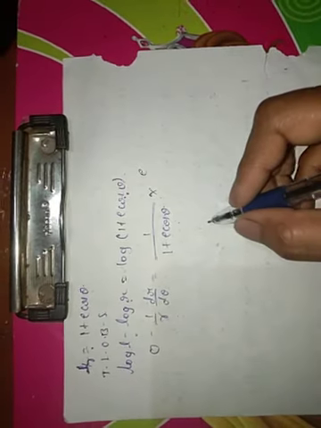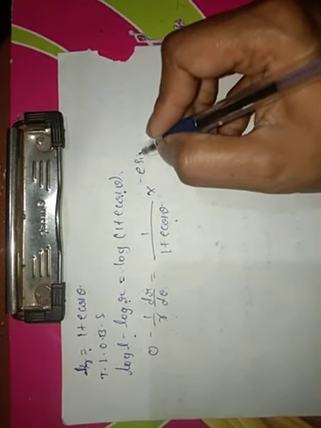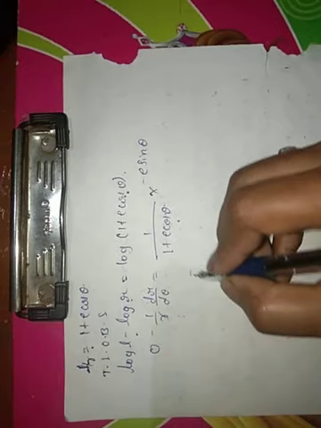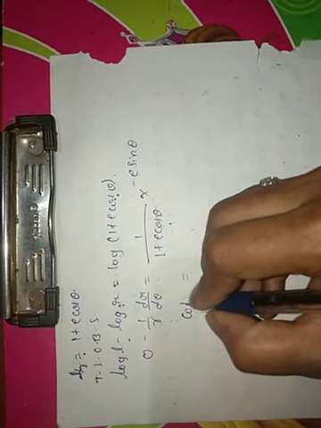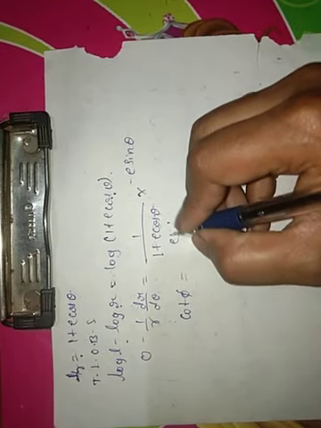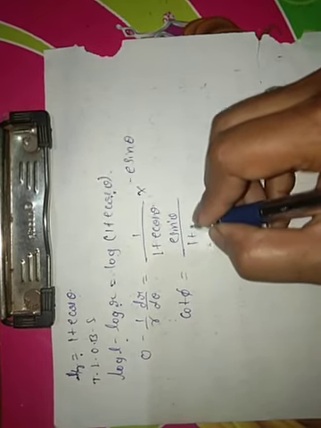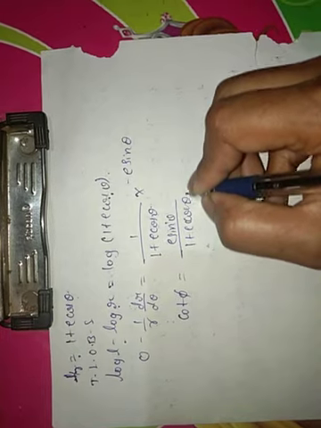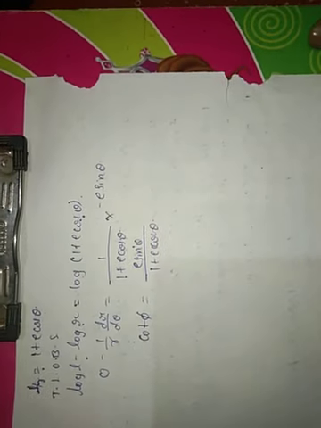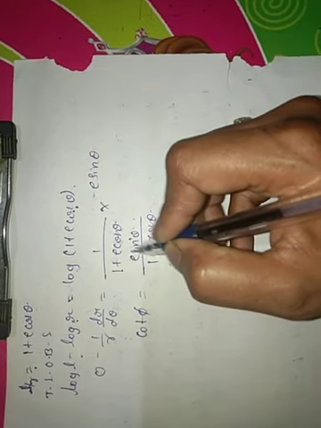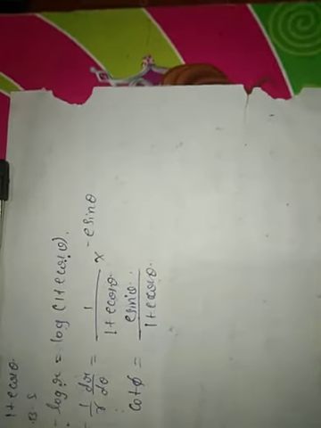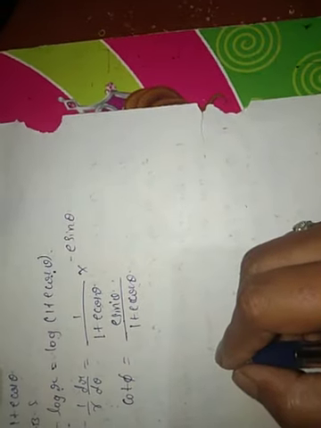e is constant, keep as it is. Derivative of cos theta is minus sin theta. Cancel a minus sign on both sides. 1 by r dr by d theta equal to cot phi, e sin theta divided by 1 plus e cos theta. Here we cannot apply any formula for these two terms because they contain the e. So we cannot apply the formula directly for 1 plus e cos theta here. So no further simplification is possible.